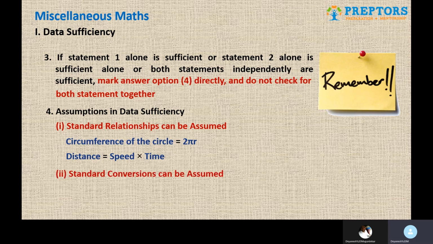And certain conversions, maybe 1 mile is 1.6 kilometers or 1 kilo is 1000 grams, and such things. You cannot say that this is not given to us and we cannot assume. These are the things that you can assume whenever required as far as solving and finding out the answer is concerned. So be very, very sure with the flow of the procedure. Otherwise, obviously, you will make mistakes. And these few notes that we have given you will also help you to avoid confusions.